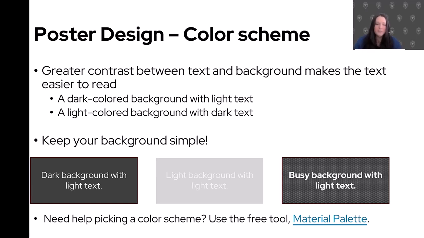So there's many options online that can help you pick a color scheme. Here's just one material palette. There's others that incorporate accessibility for different color blindness and so forth. So Google it. I put some in the resource guide that you'll get, so you can look at those and figure out what color scheme you like, and hopefully that can help you when you're doing your next poster.